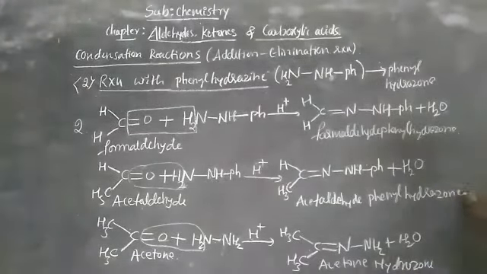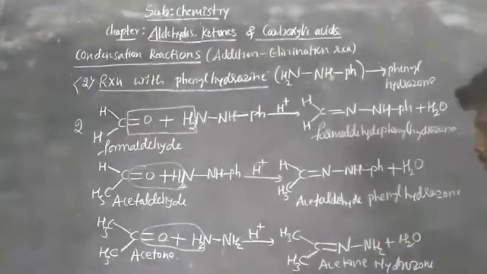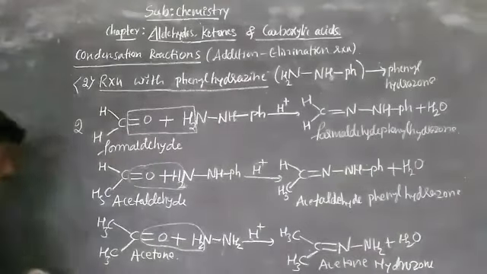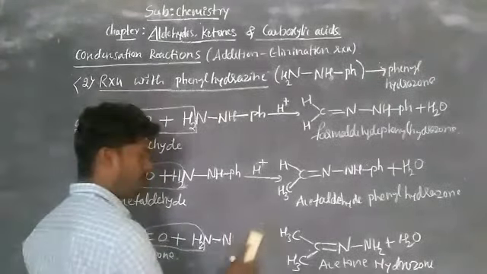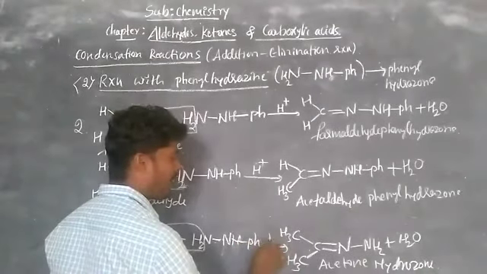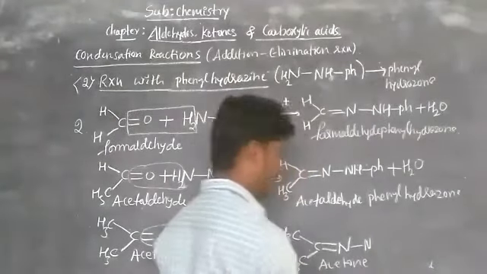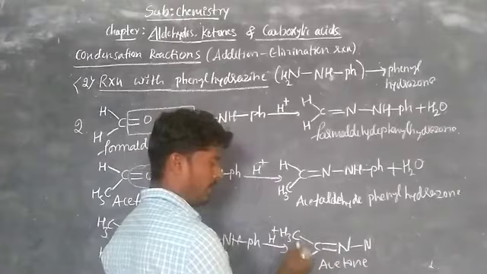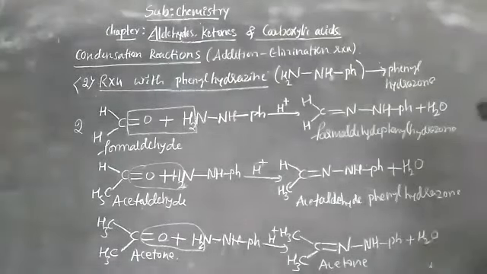So students, you are understanding, I hope, so I am writing quickly or doing it fast. See, similarly, acetone. This acetone reacts with NH2 bond NH bond Ph, meaning it reacts with phenylhydrazine in acidic media. What do you get here? N double bond C, these two groups are methyl groups, then nitrogen again H bond Ph, plus water. So what is its name? Acetone phenylhydrazone.